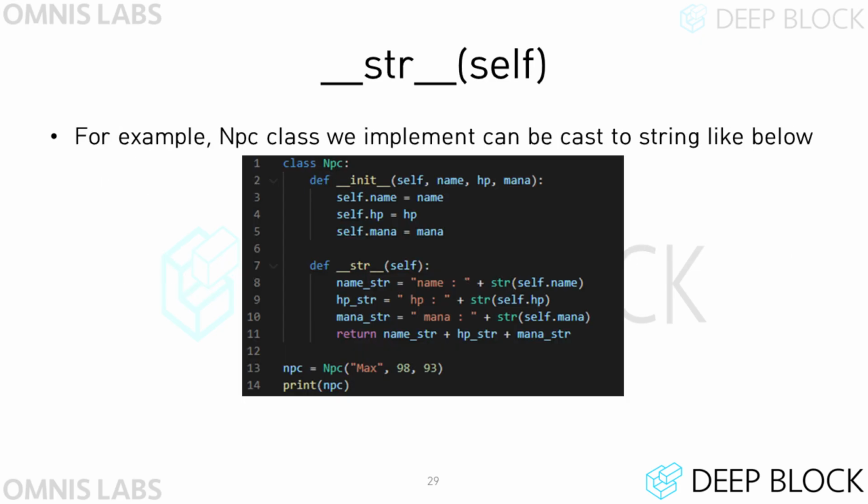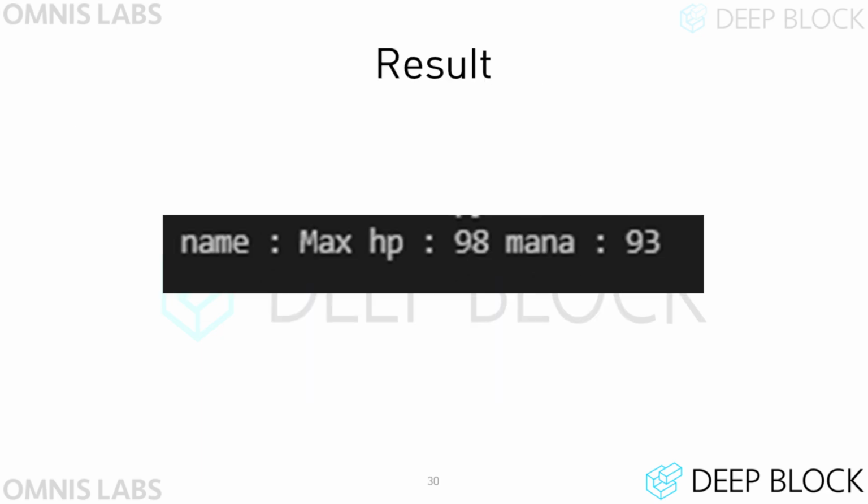For example, in order to print the attributes of the NPC class recognizably, we can define the stringSelf method as follows. The string method can be freely defined as you want, so you can implement it differently. However, the type of the return value of the string method must always be string type, so you need to implement the function correctly to avoid errors. If you run the program, you can print the NPC class instance in a recognizable form. In addition, after we define the string method, we can cast the class instance to string.